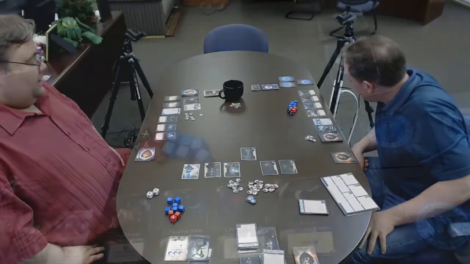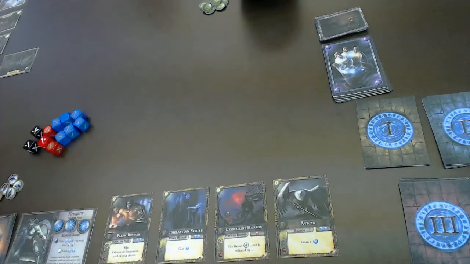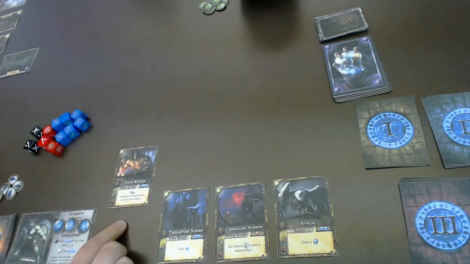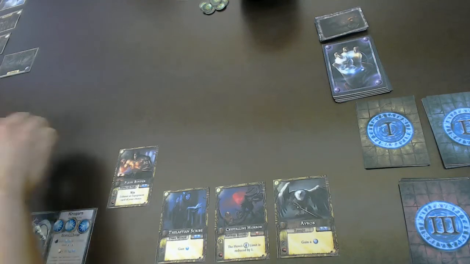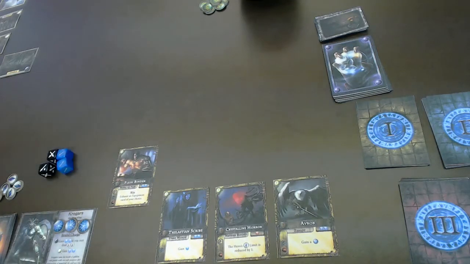Okay. Well, I am going to go ahead and choose my first monster to deploy, and it is going to be the Fleshbinder. And if I win, I get to exhaust one of the hero's equipment of my choice. Okay. So starting 2 black dice as always for the Dungeon Lord, plus 2 blue dice as part. And I'm going to go ahead and start right off the bat